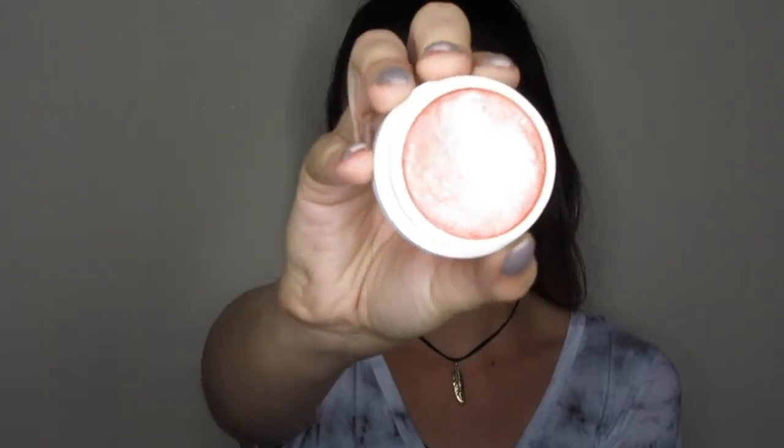And now for blush, I'm not actually sure what this blush is called, I'm sorry, but I will leave all of the product details down below. But I just like to pop this blush on the apples of my cheeks and blend it back into the hairline. And now for the highlighter, this is ColourPop Smoke and Whistles, and this is such a good frosty